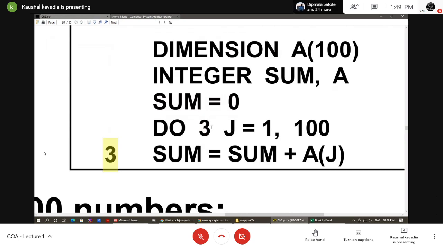Okay, so this 3, it is starting with j is equal to 1 to 100, meaning here